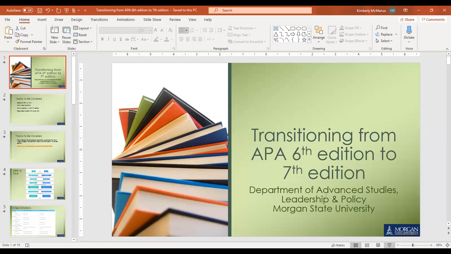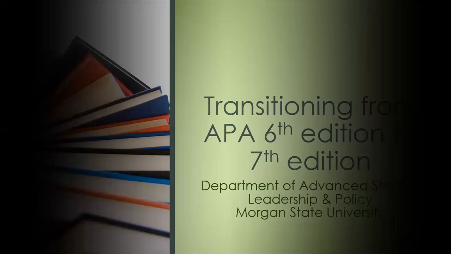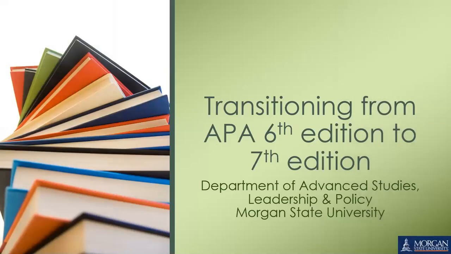I'm transitioning from APA 6th edition to the 7th edition, and this is with the Department of Advanced Studies, Leadership and Policy here at Morgan State University. Most of us, of course, have been using the 6th edition for the longest. We finally got used to it, but as of fall 2019, the American Psychological Association printed the 7th edition, and so we want to just take a few minutes to actually go over some of the changes